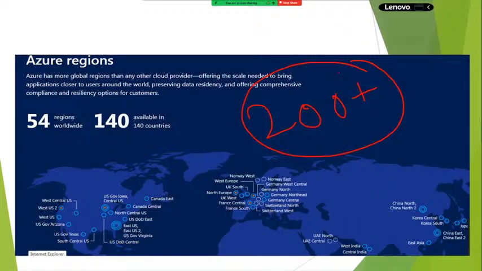This is the biggest organization, and the first one, that has installed this many data centers. That is what they have directly mentioned: Azure has more global regions than any other cloud provider. Here, other cloud provider means AWS.